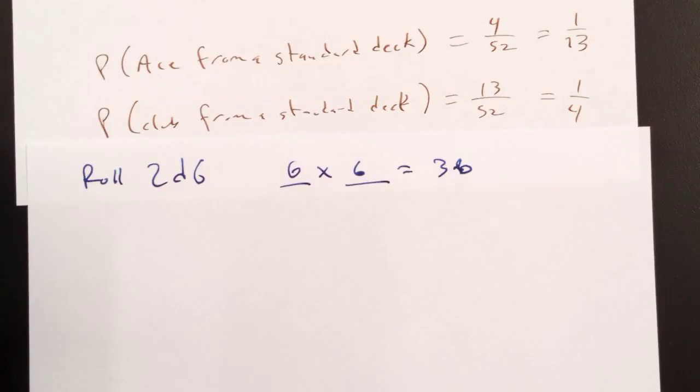You have a question? Yeah, you said outcomes, and then you were talking about experiments, and that's where I'm asking, would the 36 be possible outcomes, or would they be possible experiments? The experiment is I'm rolling 2 dice. Notice the difference between this and the experiment I said before. The experiment I said before was roll 2 dice and add the spots. So I'm just rolling the dice and I'm counting how many outcomes are available.